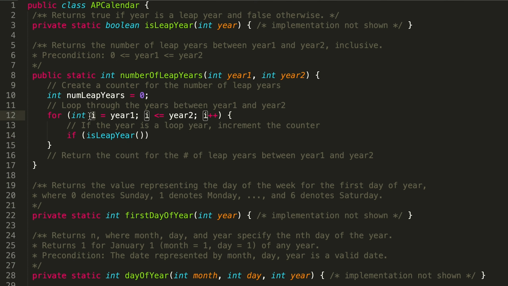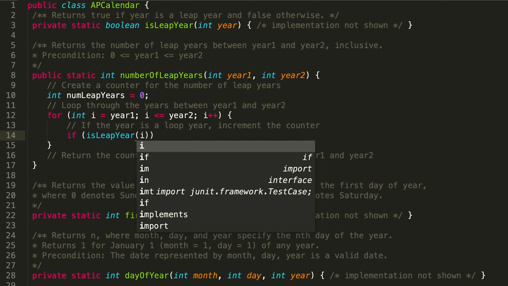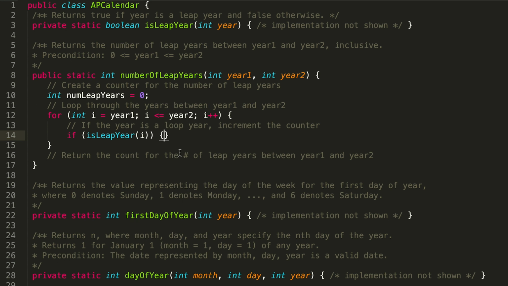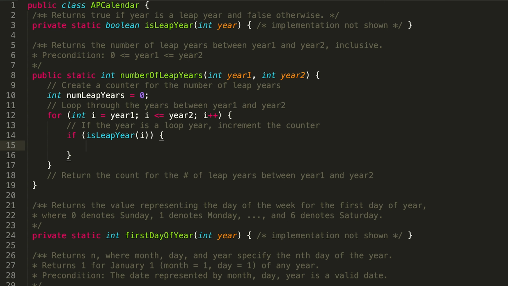And remember that we're using this I variable to keep track of what year we're currently looking at. So if I is a leap year, this will either return true or false. If we did something like this, it would be a little bit redundant because isLeapYear returns a Boolean. So this is the same thing, and it's a little bit cleaner. So if it is a leap year, then we want to increment our counter, numLeapYears++, and